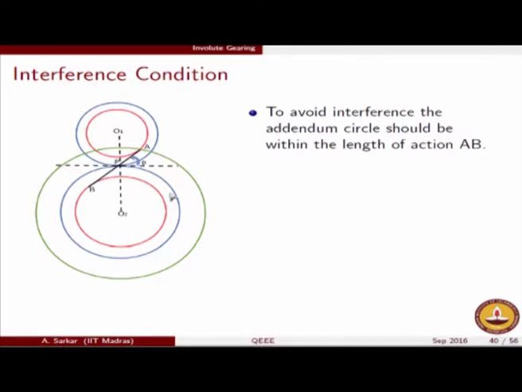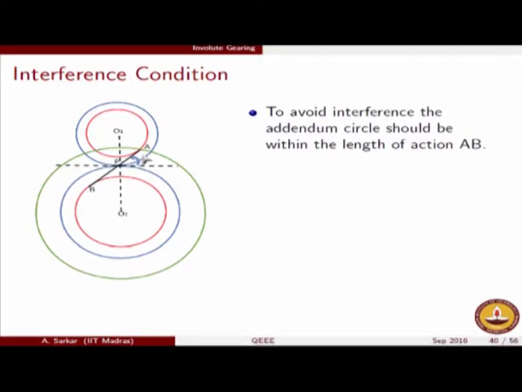So what we are sure of is that the point of contact between the two gear teeth as it is meshing will move along this line AB. What we want to make sure is that the point of contact does not go and touch this point A. So to avoid interference, the addendum circle should not touch the base circle, because once it touches the base circle, you are hitting the critical condition. If it is touching beyond the base circle, then there is no problem. That is, in the radial region where the radius is more than the base circle, it is definitely involute.